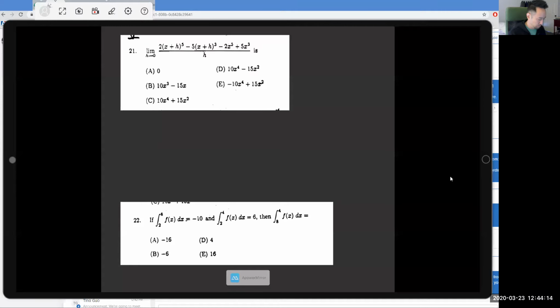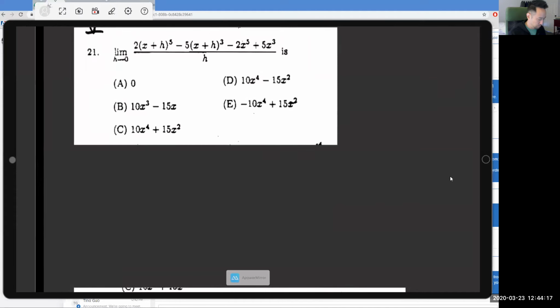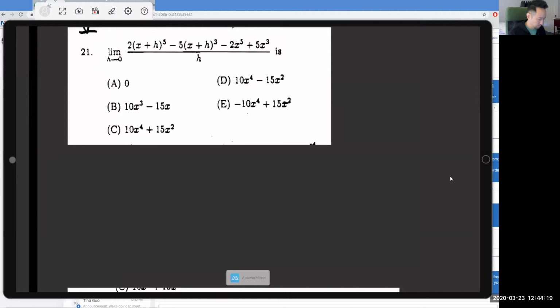Okay, so moving on to number 21 on packet 5. This looks like the limit definition of a derivative. And if you guys forgot, which most students tend to do, the definition is f prime of x equals the limit as h approaches 0 of f of x plus h minus f of x all over